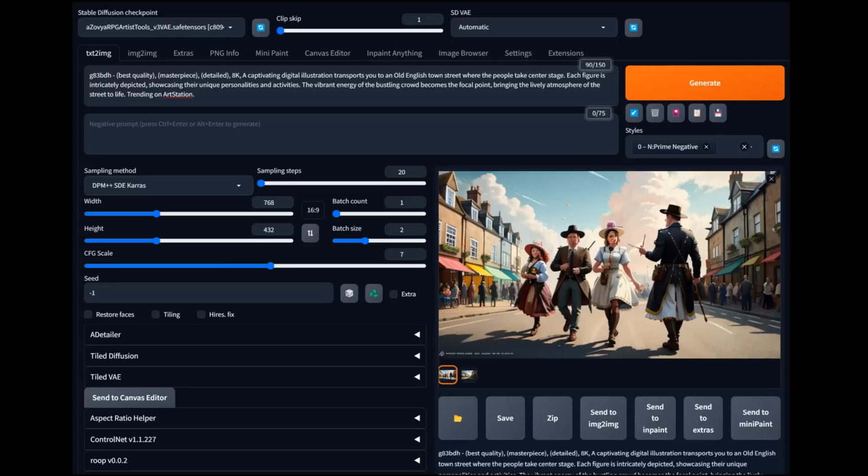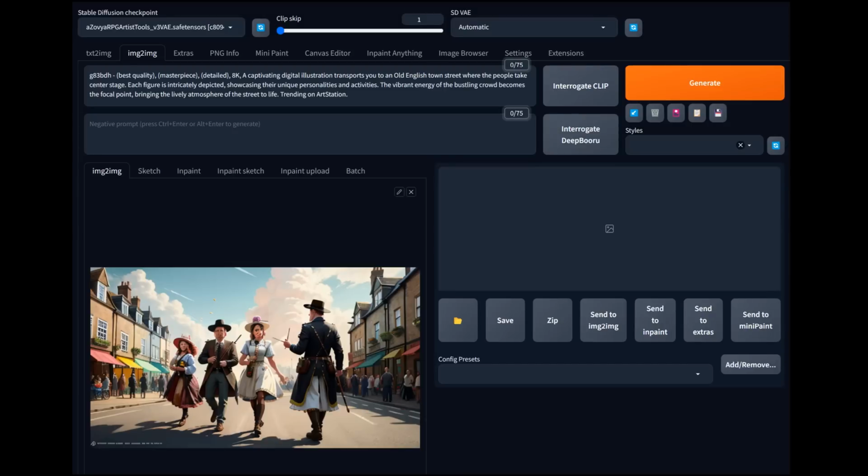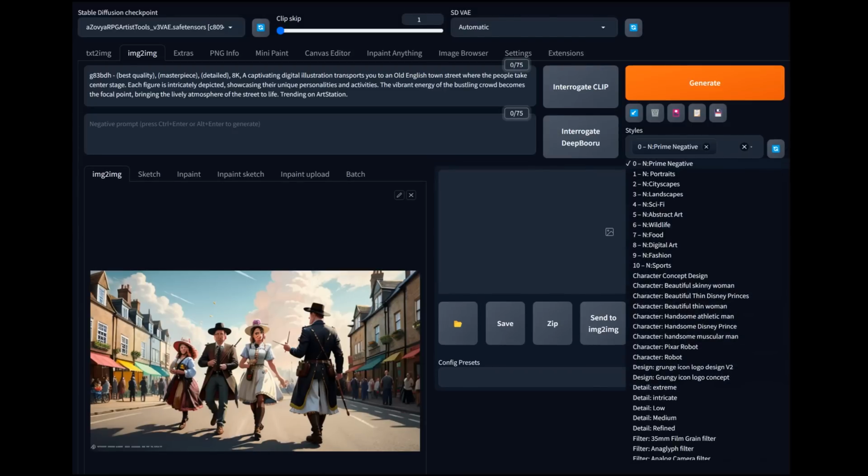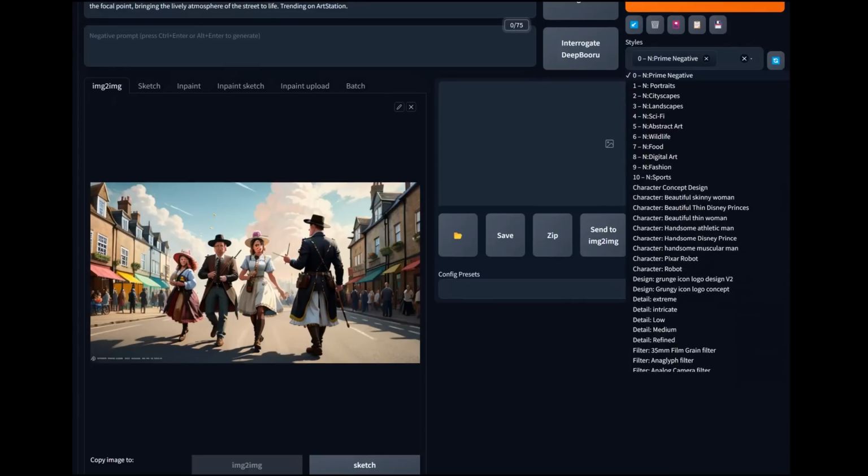Put in a little bit of a watermark here. Let's send this over to image. We're just gonna go straight into this. Okay, select our negative prompt again. So here we have the image. We wanna do a latent upscale on this. We're gonna add some detail to it, a lot more intricacies, and we're going to fix the faces and the hands as much as we can here